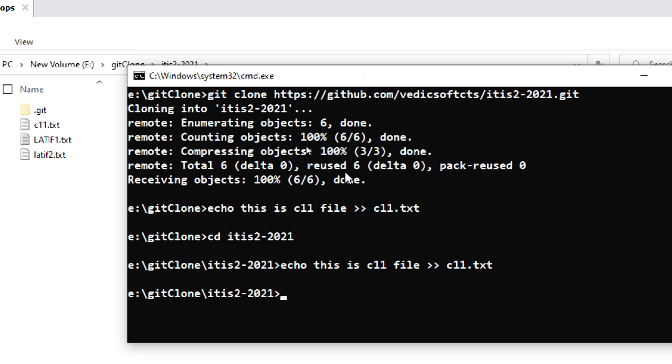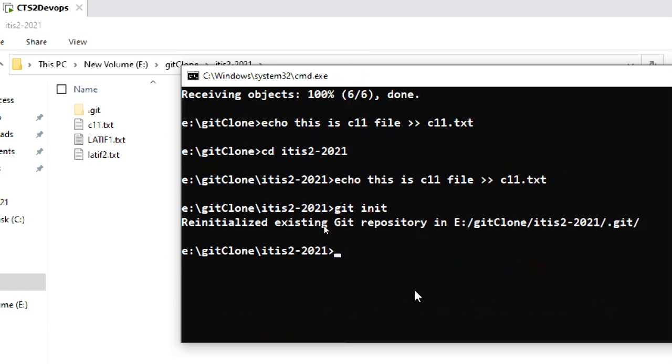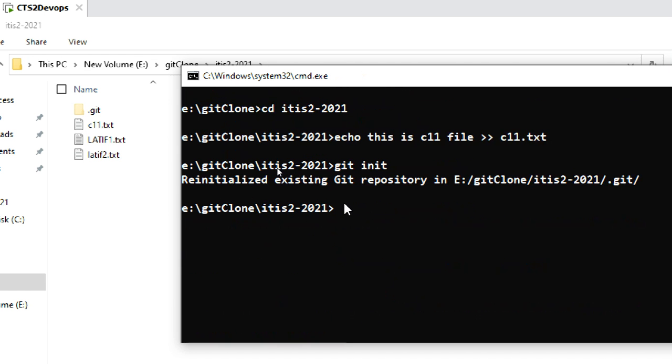First I cloned it, went inside, and created a file here. Git init is not required; if you run it on an existing repository, it just shows that it was reinitialized, no problem. The new file is there, so I have to git add and git commit.